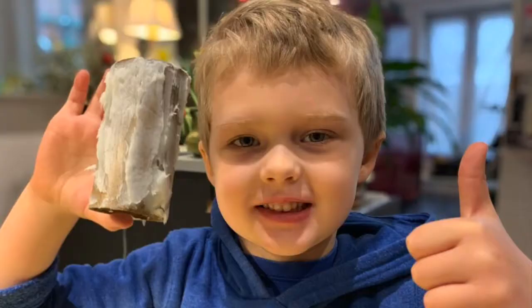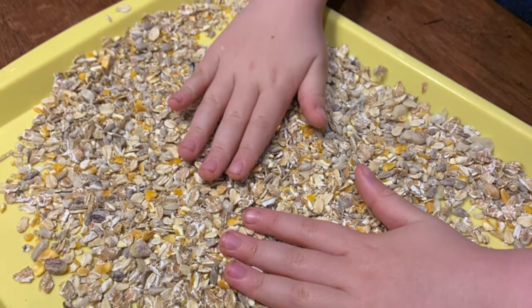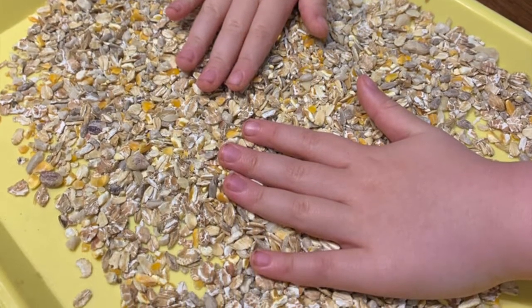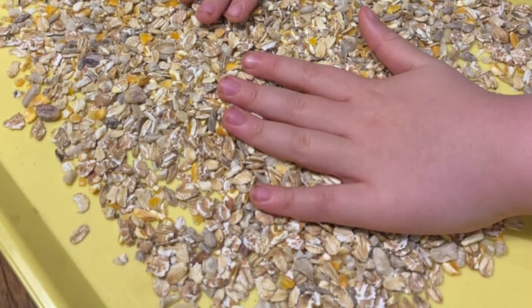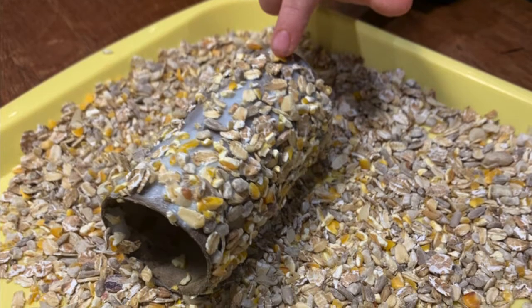Step 3. Cover your cardboard tube in lard or veggie or vegan alternative with a butter knife or your hands. Make sure it's nice and thick. Step 4. Empty some bird feed onto a tray or a large plate. Step 5. Roll your cardboard tube in the bird feed until all of the tube is covered and is thick